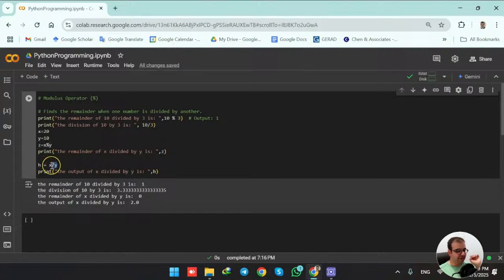And the output of the division of x by y is going to be assigned to h, and h is going to be printed out here. So when I run the code, we see the remainder of 10 divided by 3 is 1, which is this part. Okay, if you do the calculation, you will see that the remainder is 1. So when 10 is divided by 3, the output is this number, 3 point something,